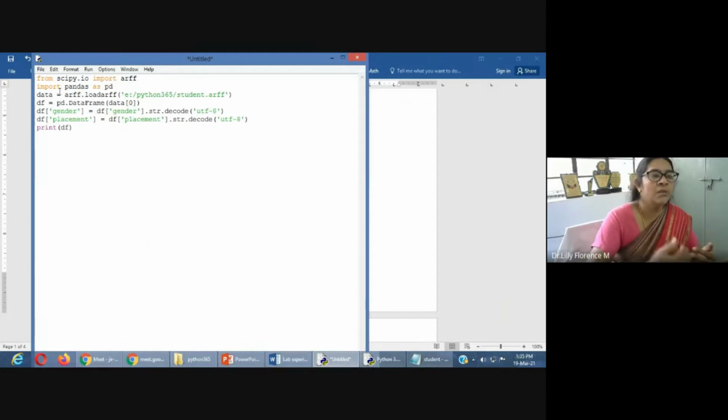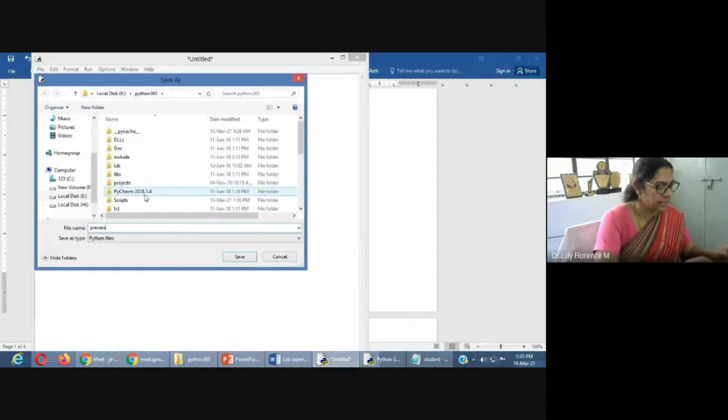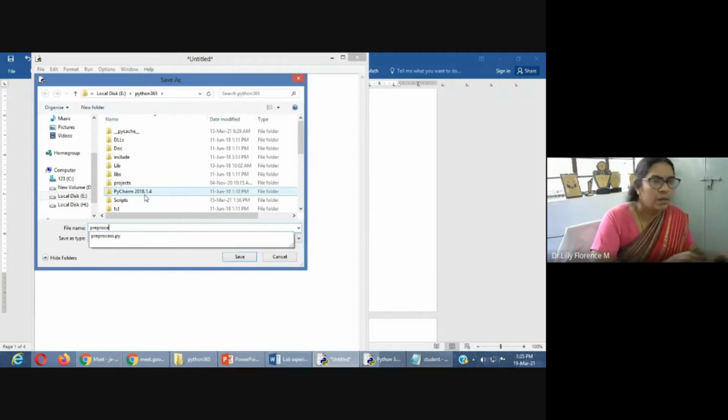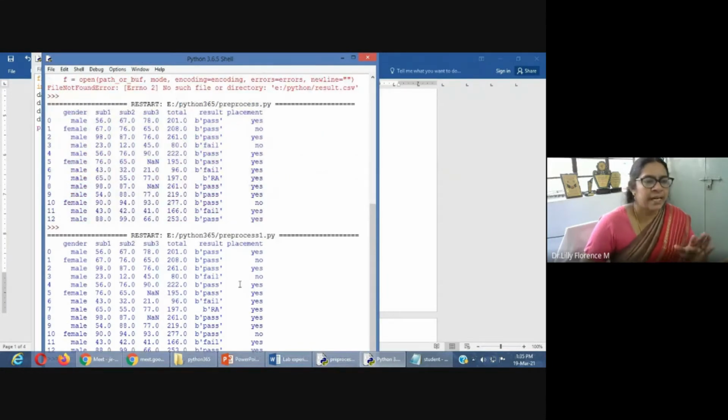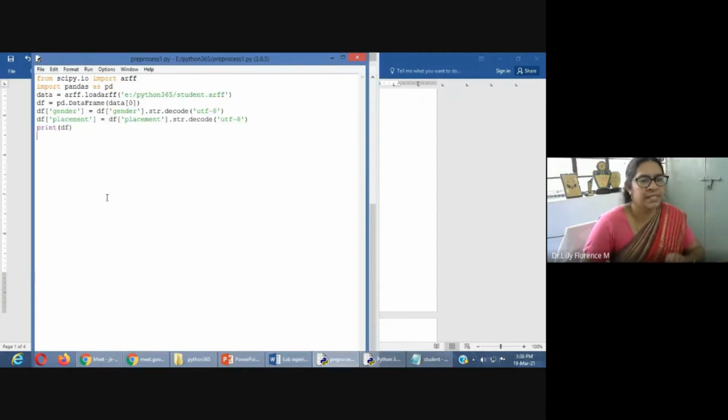Now we have to convert the data into a data frame. A data frame is nothing but rows and columns format, so it will be easy for us to access. That is the first step we have to do. We have to load the data into our Python. Here I will save the file and execute it and show the result. The file is named preprocess1, so I'll give run module. See, this is the content of the file that we have created, and we have taken it into our working platform. So this is the first step we have completed.